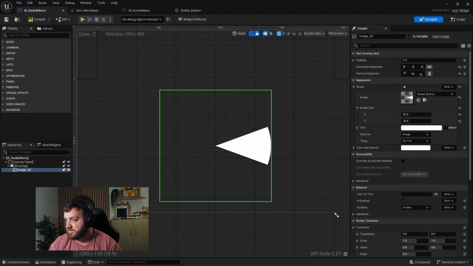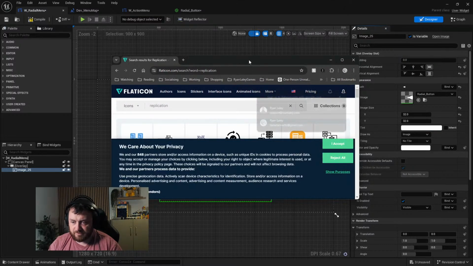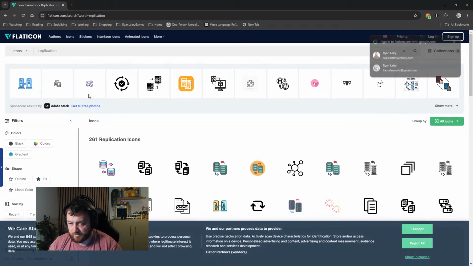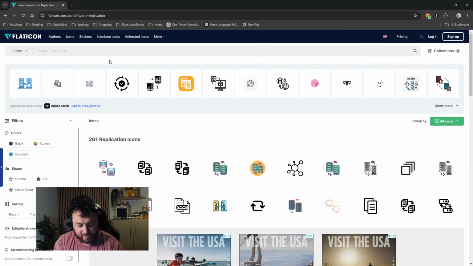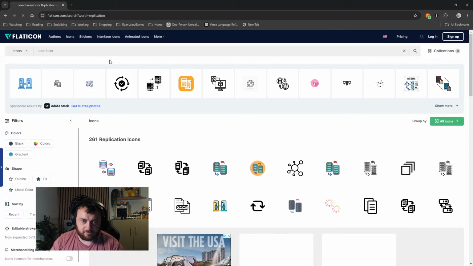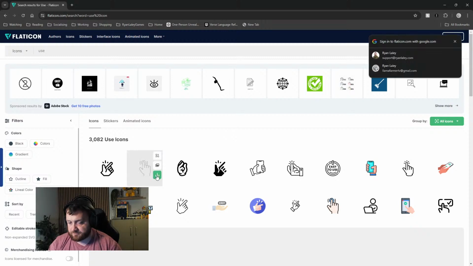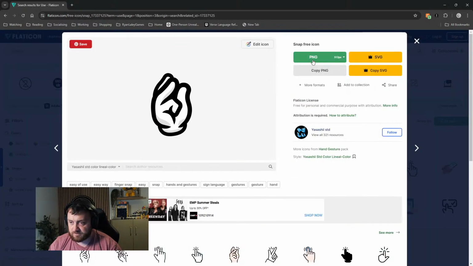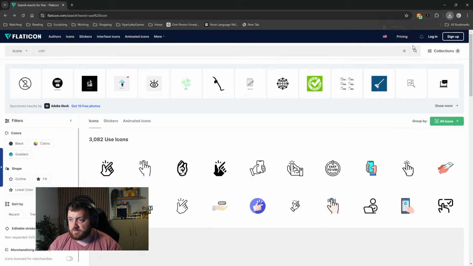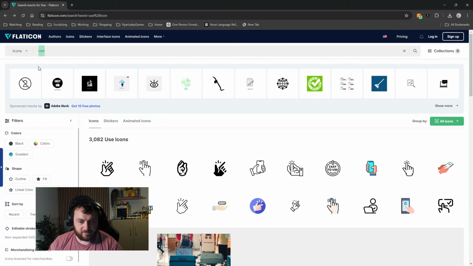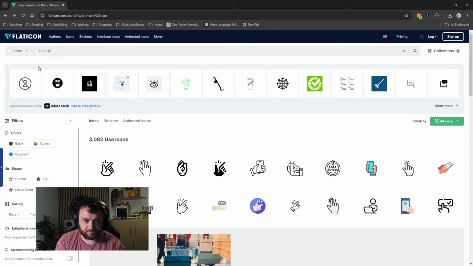I'm thinking what we can do, if I go to Flaticon. Flaticon is a cool, useful website, a load of icons you can use, so feel free to help yourself to it. But over here, if I get to use icon, we've got buttons here we can use, so we'll just use this one. It's quite a nice one. Get that. And we'll take a look at